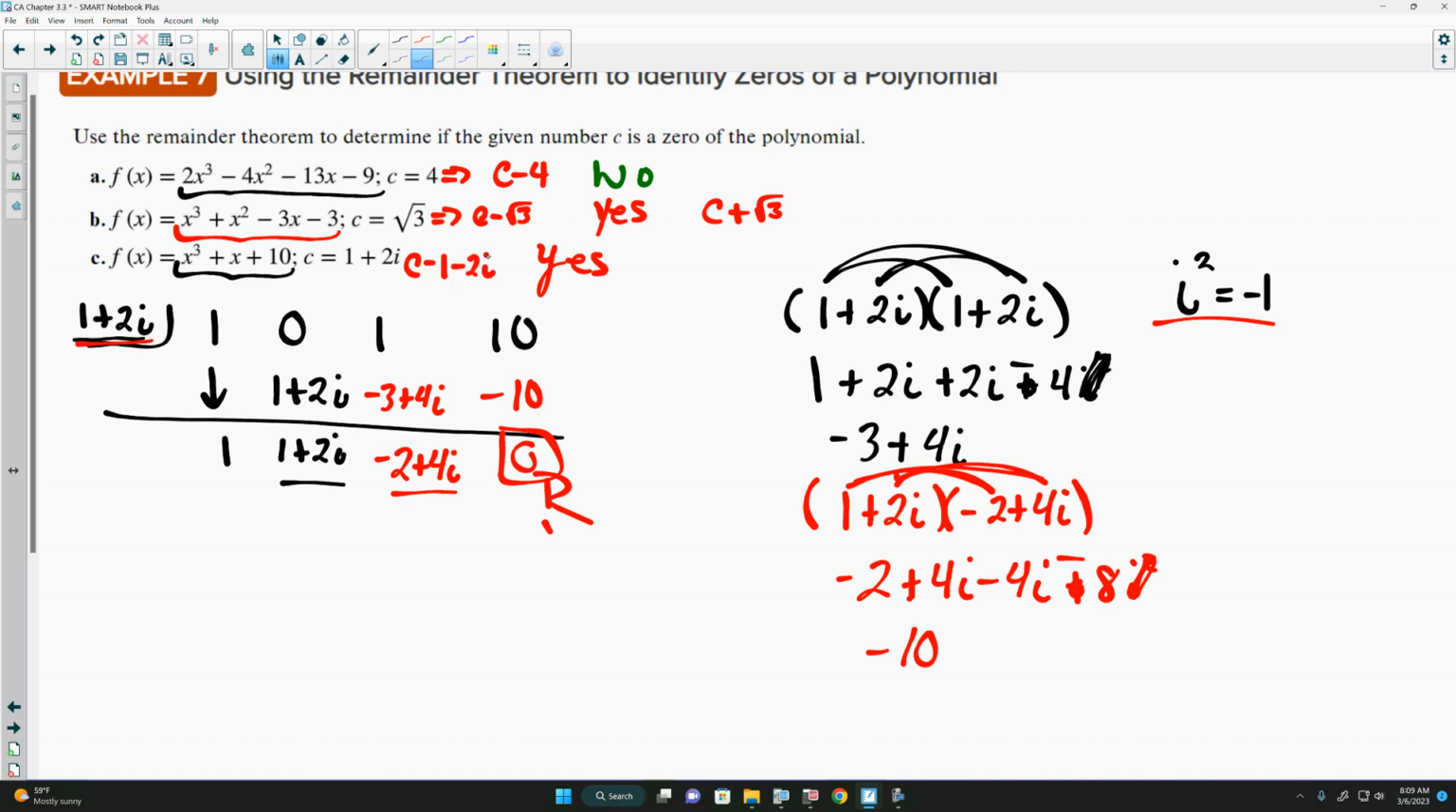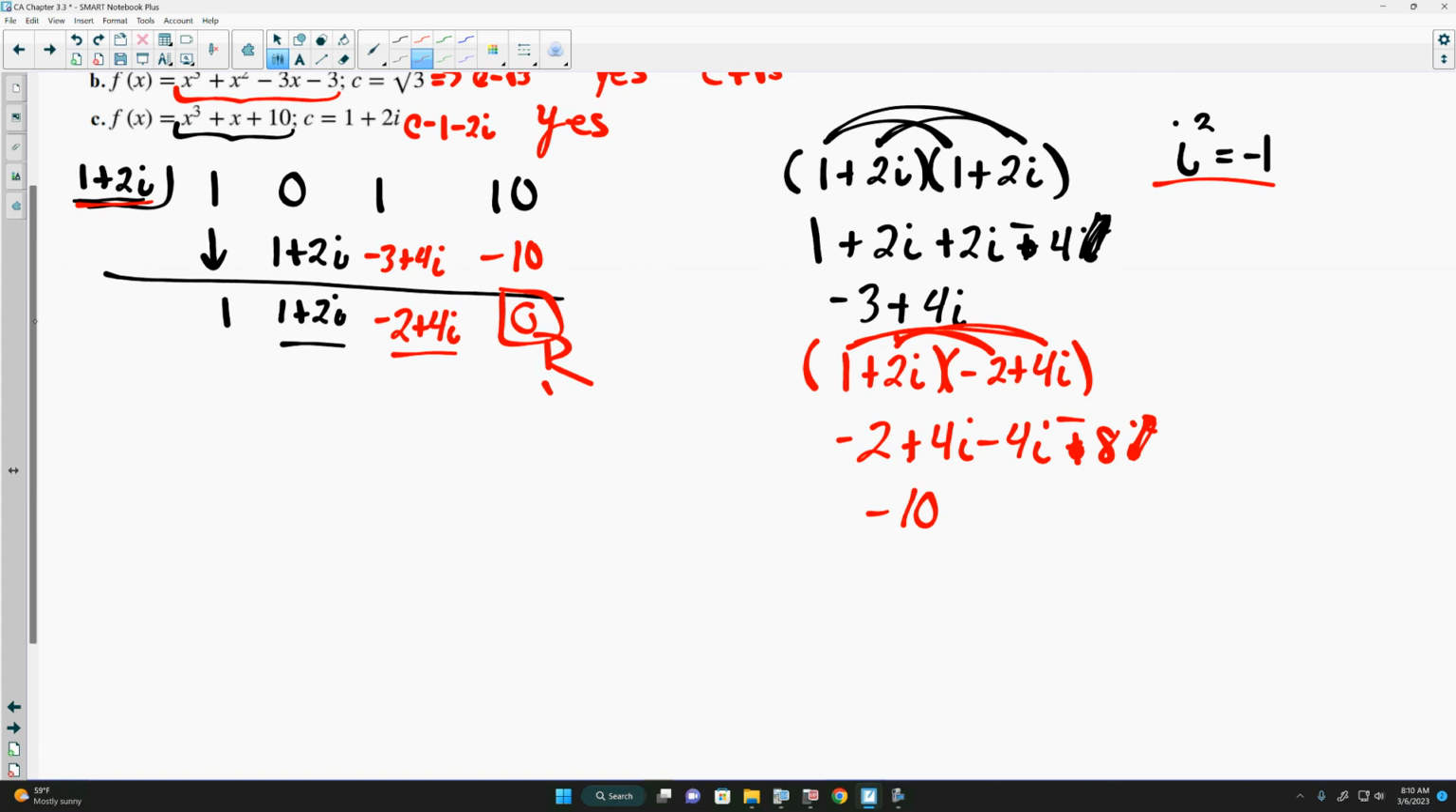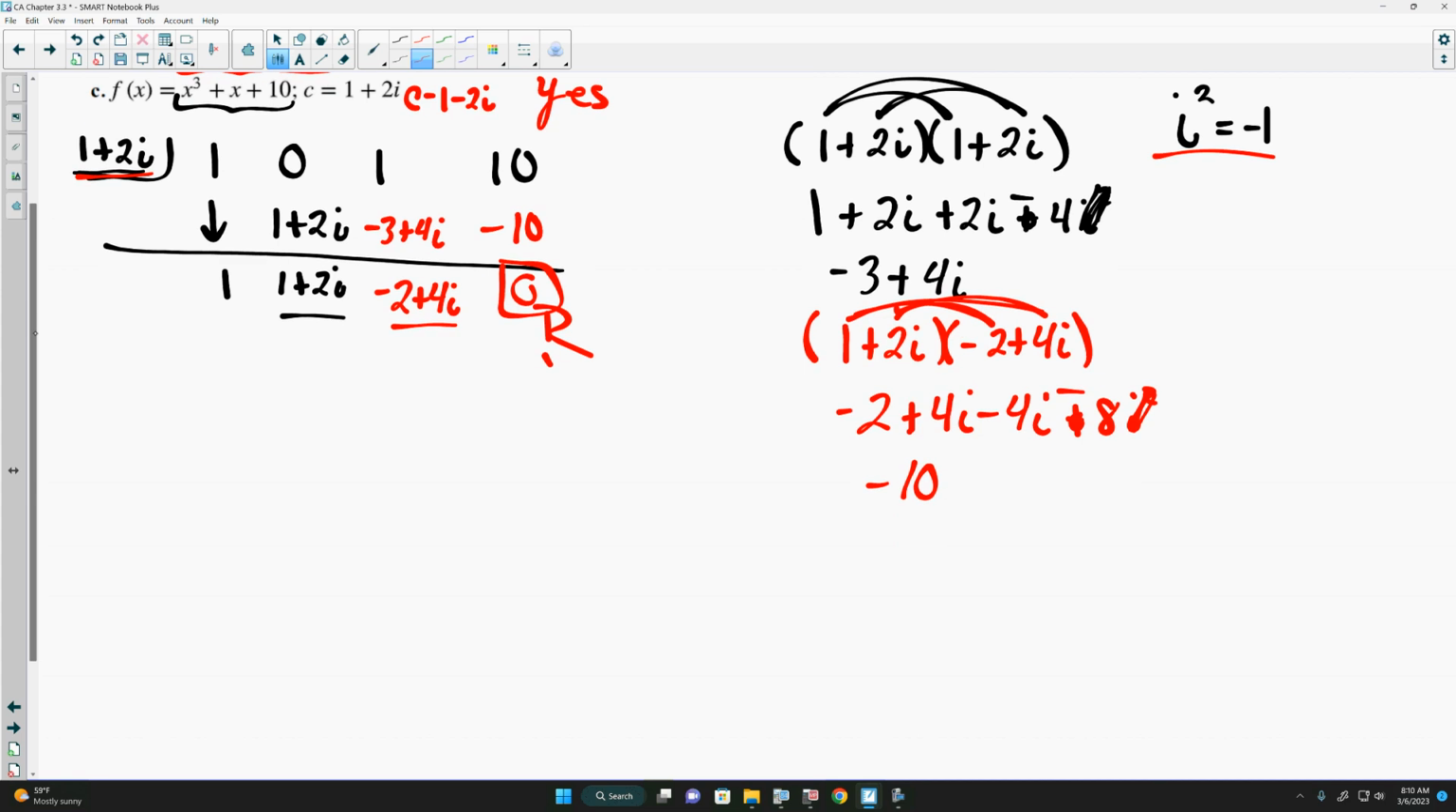Which means that c minus 1 minus 2i is a factor. And really the way that we get that is just moving everything back over with c. So c equals 1 plus 2i. We would subtract the 1, subtract the 2i, telling us c minus 1 minus 2i is a factor. Does this make sense? Now the complex conjugate theorem states that if 1 plus 2i is a solution,